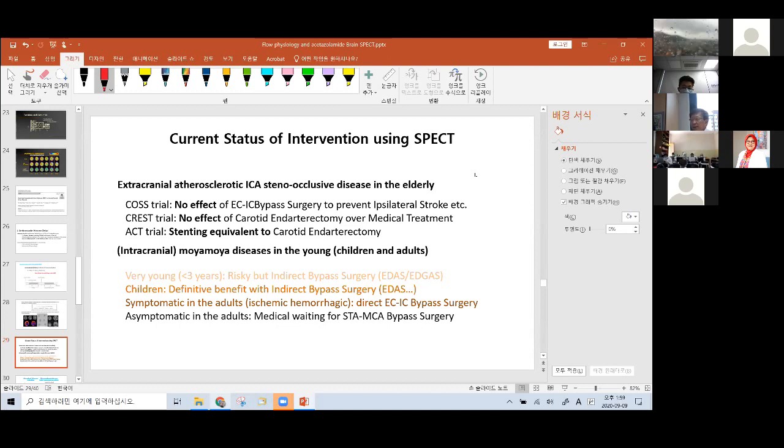So now they know very well that in very young and also young children, the surgery is going to help, and finally they would survive, and they would have improved cognitive function. They even catch up in school, and they became normal functioning adults. So they were so successful. Because of the tragic incident in a 17-year-old girl in 2015 or 2016, and because they know that in every child diagnosed with Moyamoya disease, everyone is going to improve,